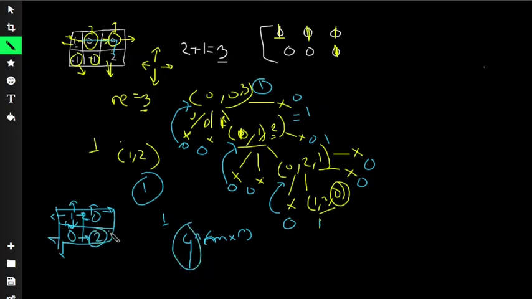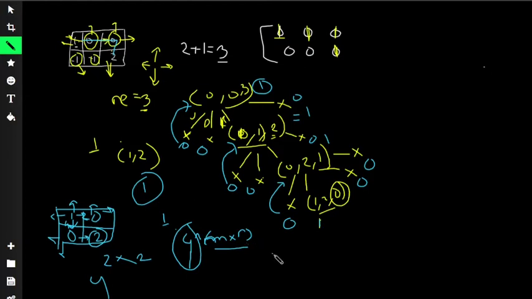Now since there are m cross n number of cells, we have m cross n. If you see this, then it is like 4 cross 2 cross 2, right? That means 4 to the power 4, right? So those many steps the robot can take. Now this is the worst case complexity.